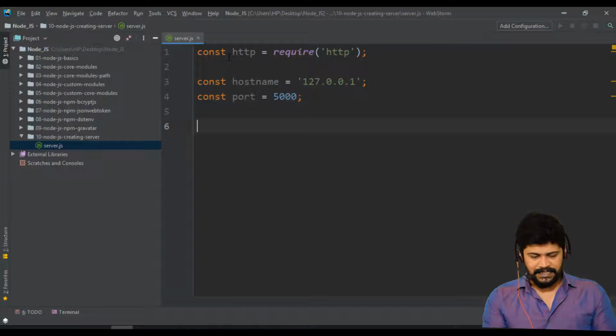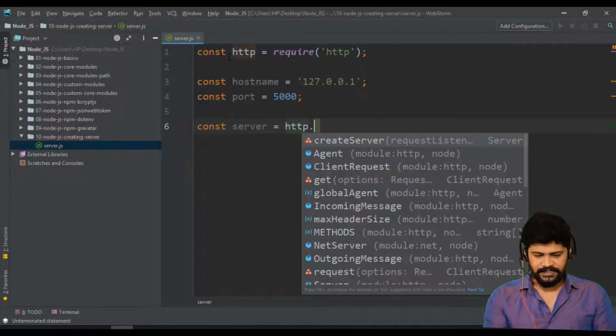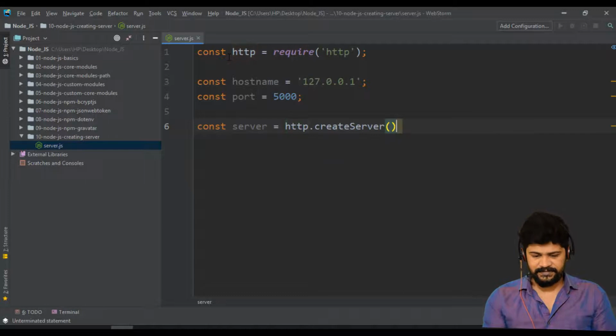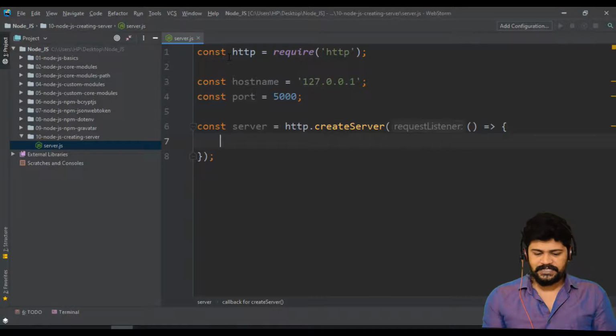Fine, and then creating a server is simple. const server = http.createServer. There's a function called createServer, and it internally takes a function which is responsible for taking care of your request.